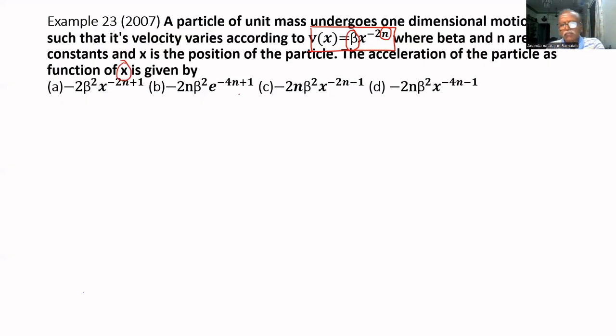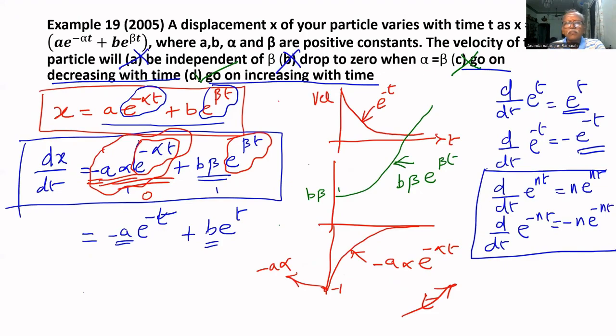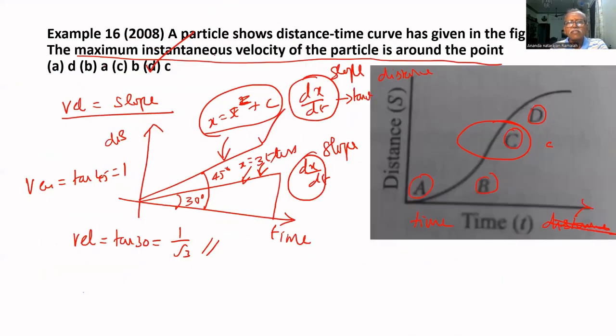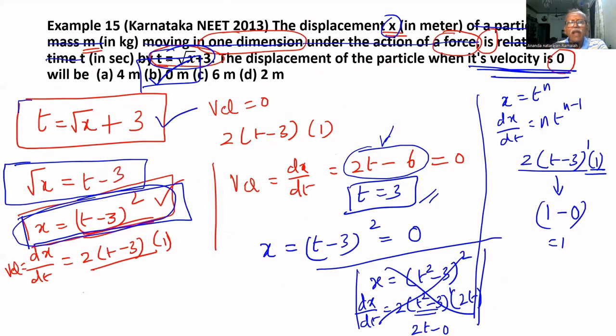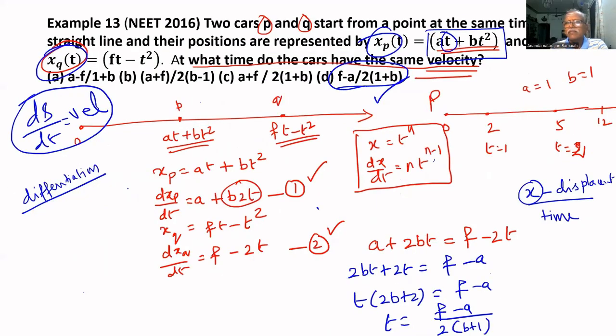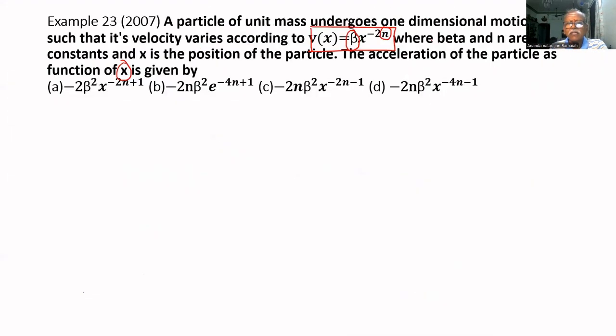Here, in the previous sums, if you notice, x equal to a function of t is given. You see that here also x is given in terms of time. Velocity v equal to at plus bt square, velocity in terms of time, x in terms of time. Everywhere, so far we have seen many sums, velocity is given